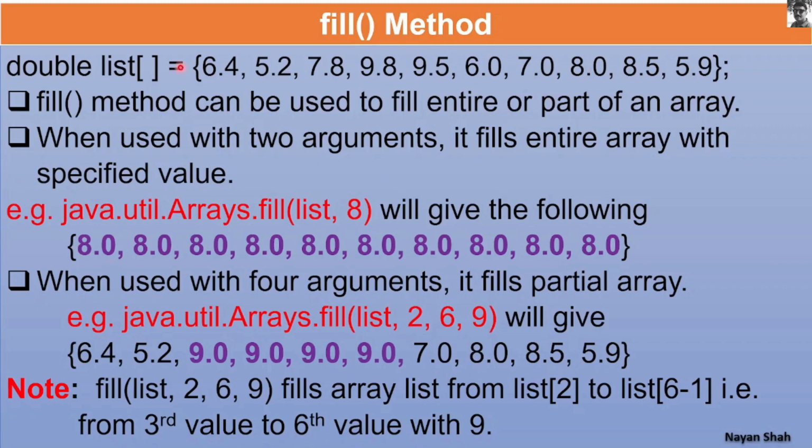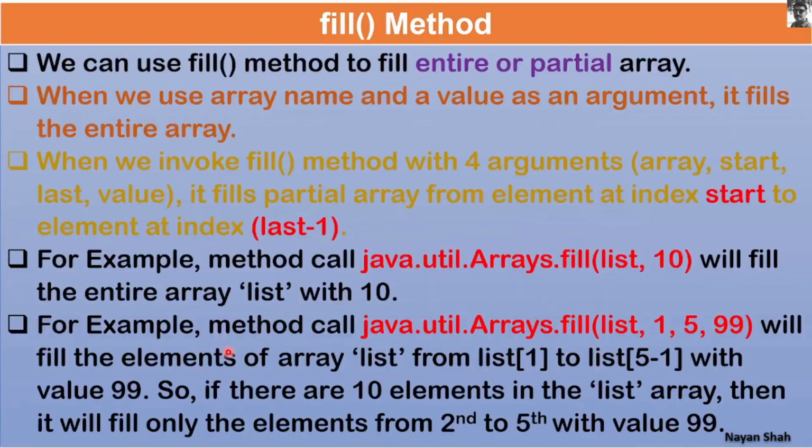And first 2 values also 6.4, 5.2. So fill list, 2, 6, 9 fills the array list from list 2 to list 6 minus 1, that is from the 3rd value to the 6th value, with 9. So I hope you understood the sort method and the fill method, and there are 2 different variations: how to sort a partial